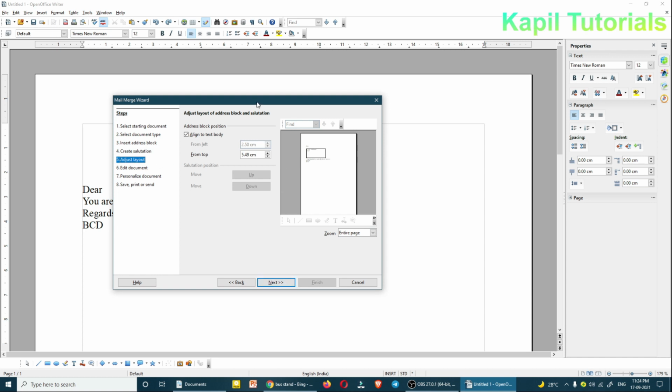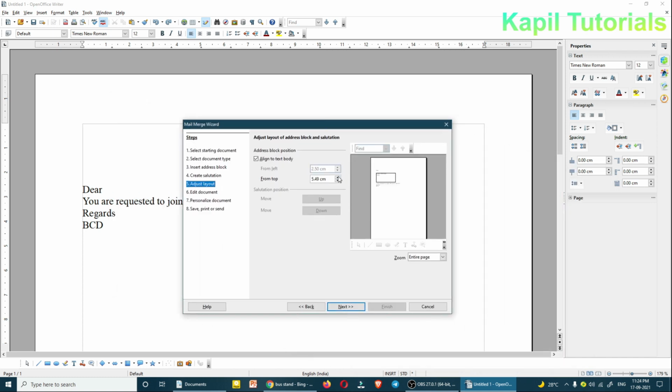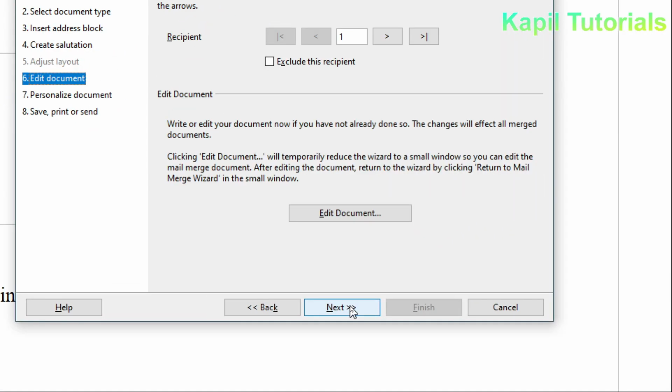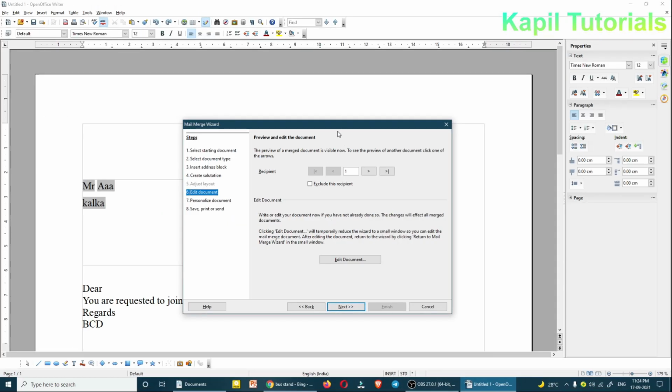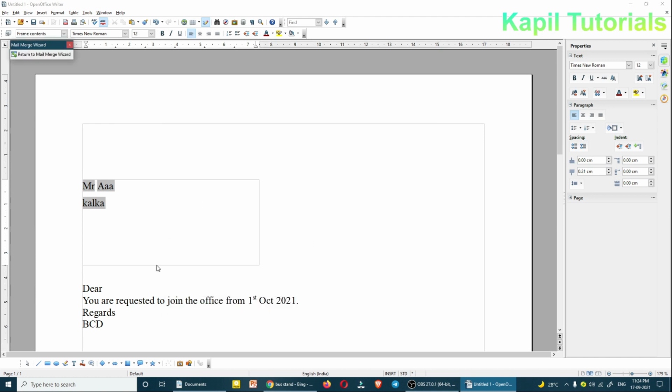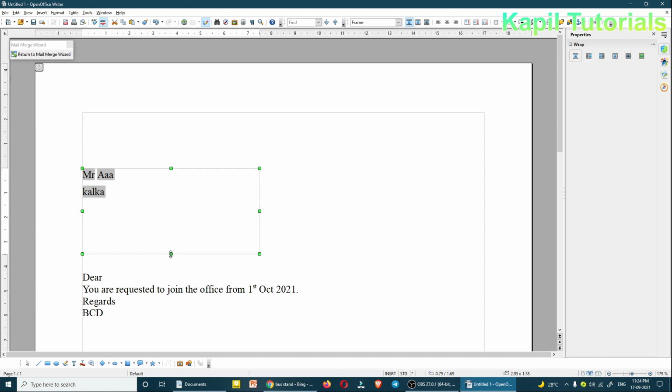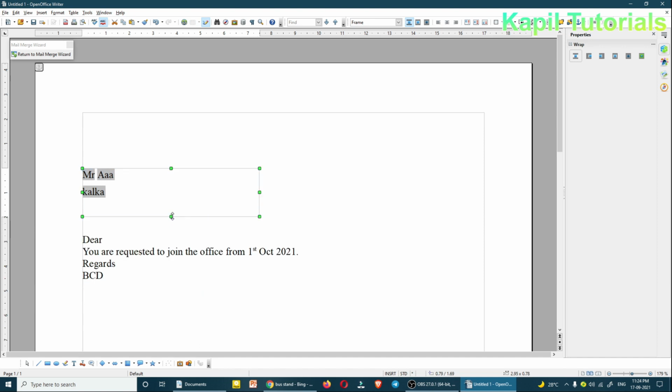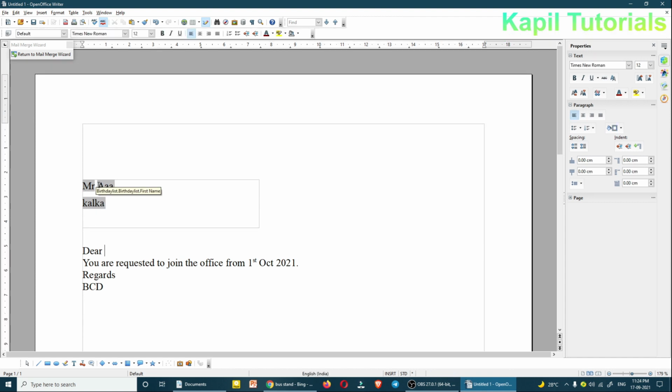Then again designing the layout. I'll make it upwards. Then clicking on next. Add a document. So if there is a need, I can edit the document. I can make it a little smaller, and where this